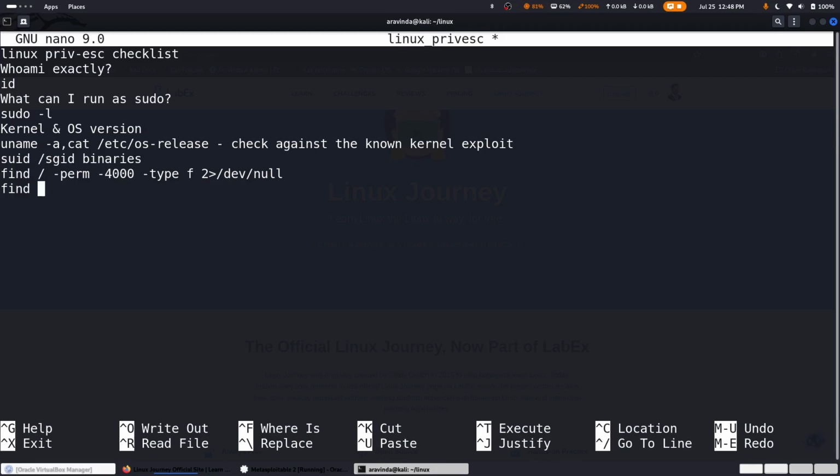For SGID, we do the same command, but instead of -4000 we give it -2000, and we do -type f and 2>/dev/null. So this is how you find SUID as well as SGID binaries, and we have to cross-reference that against